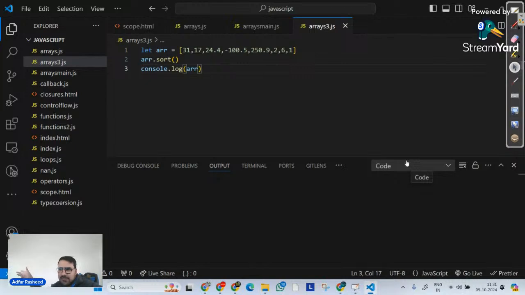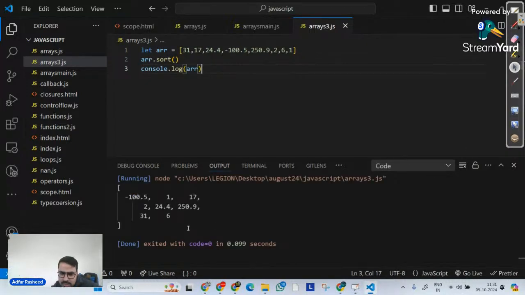Although they have a different array, the idea was the same. If I try to execute it, you can clearly see this is my array. Is it sorted? Simple as that. Do you think this is sorted? Yes or no? Looking at the array, tell me, is this array a sorted array? What do you think? Is this array sorted in the output?